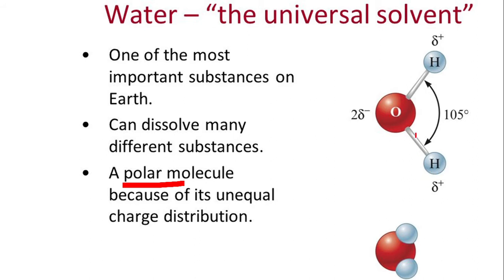But since these component atoms differ in their electronegativity, which means oxygen is slightly electronegative, it attracts the bonded pair of electrons slightly towards it, thereby developing a delta negative charge. And since the bonded pair of electrons is moving away from the hydrogen atom, this hydrogen atom is getting a delta positive charge. Look here, the bond angle between these two hydrogen atoms is 105 degrees, especially important in the process of dissolving.